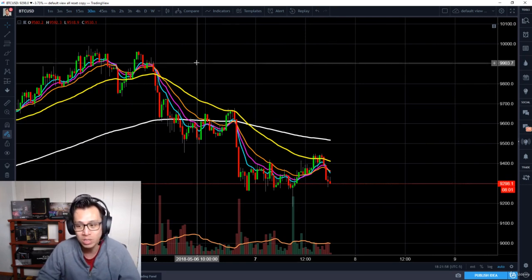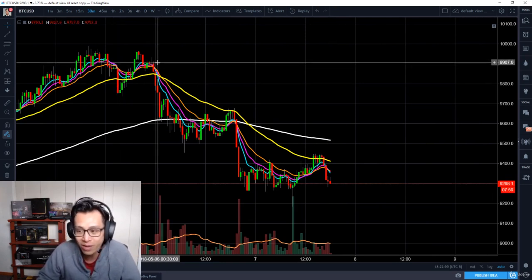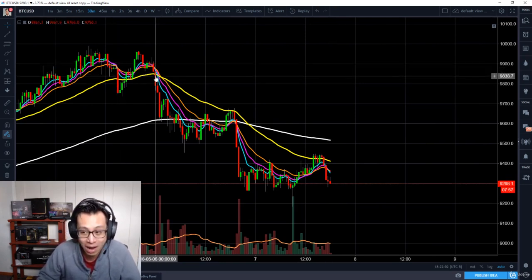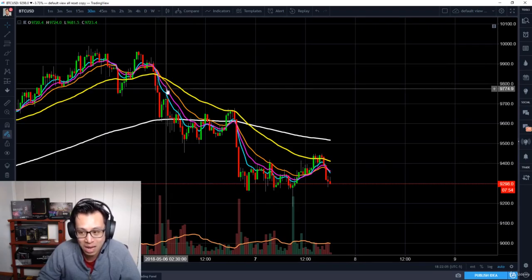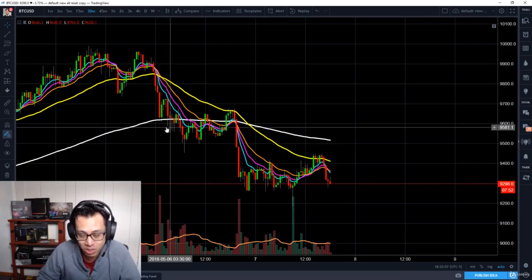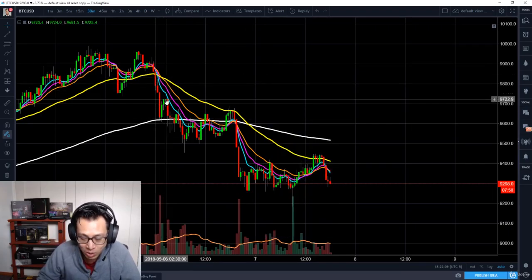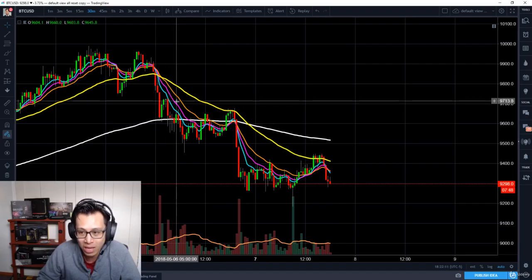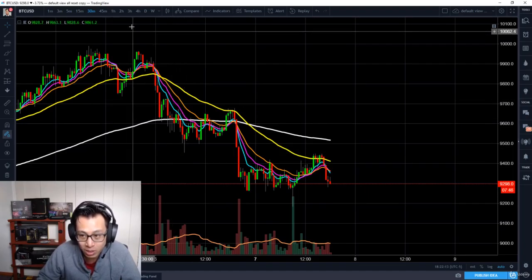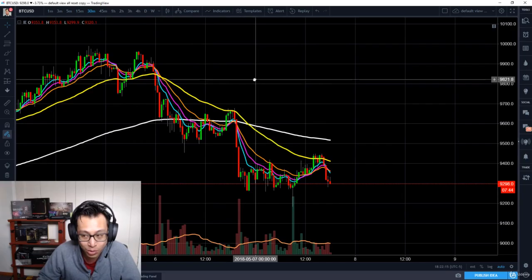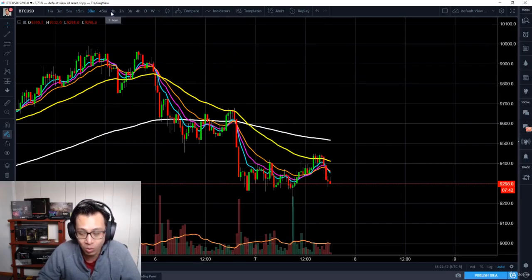So what we do is we say, okay, well, it fell below the 55 moving average. And are we actually going to bounce off of the next moving average, which is say the 200? And surely enough, we bounce a little bit off of it, and then we ended up coming down, right? So then, because it actually broke through the 200 moving average, we'll, for example, go to the